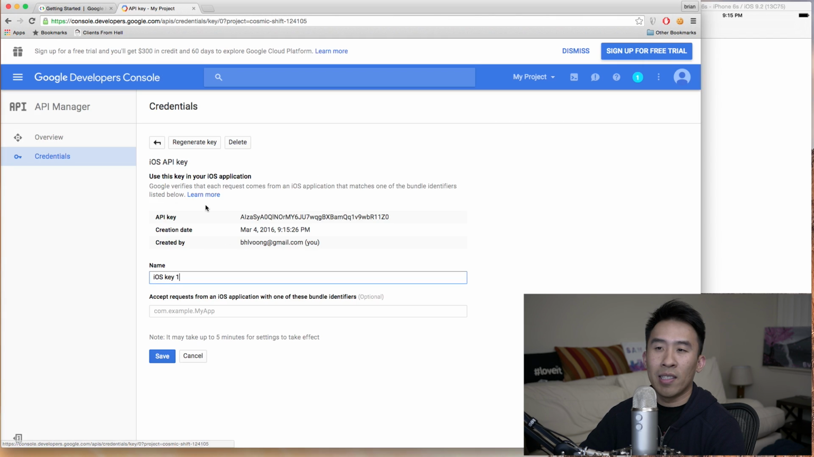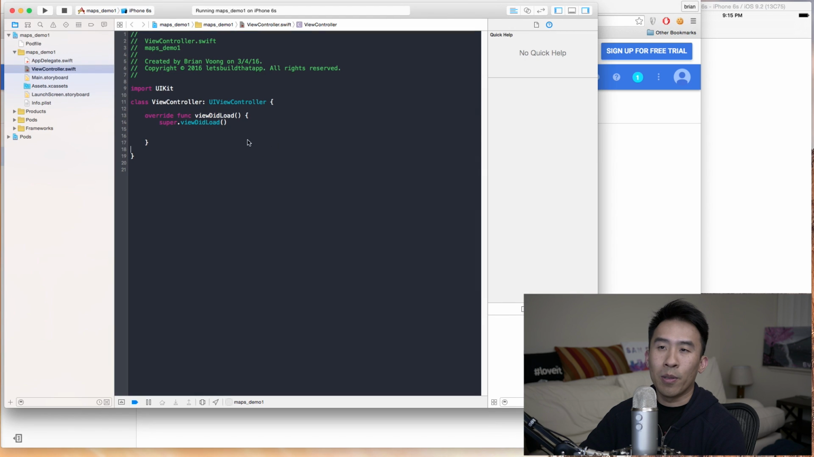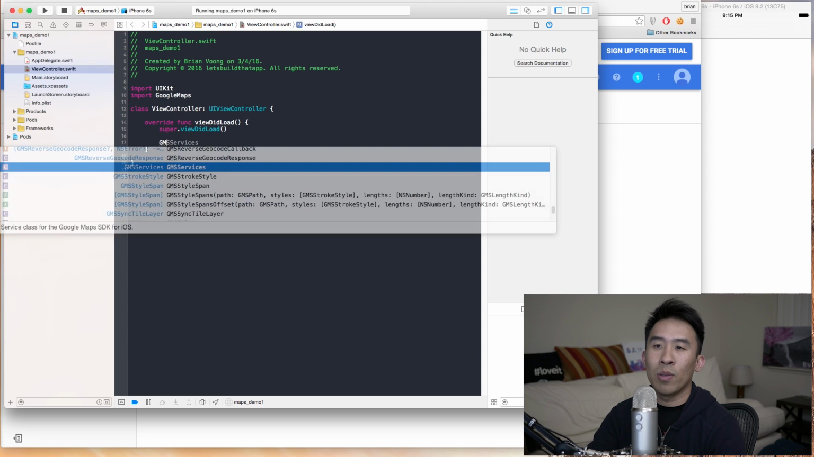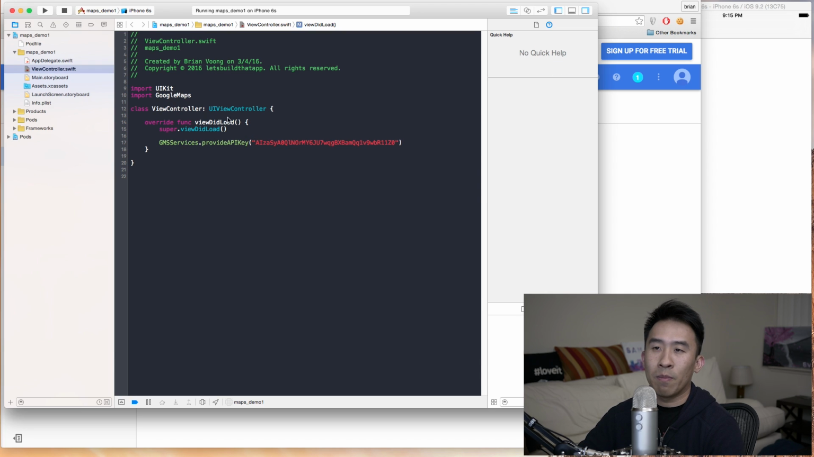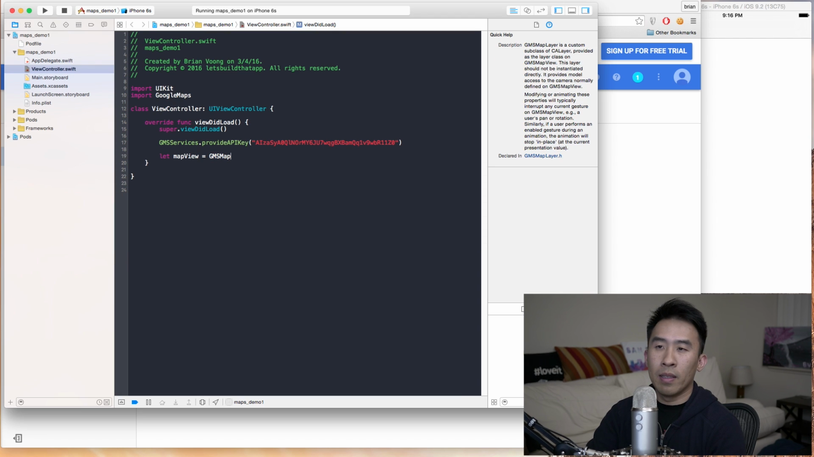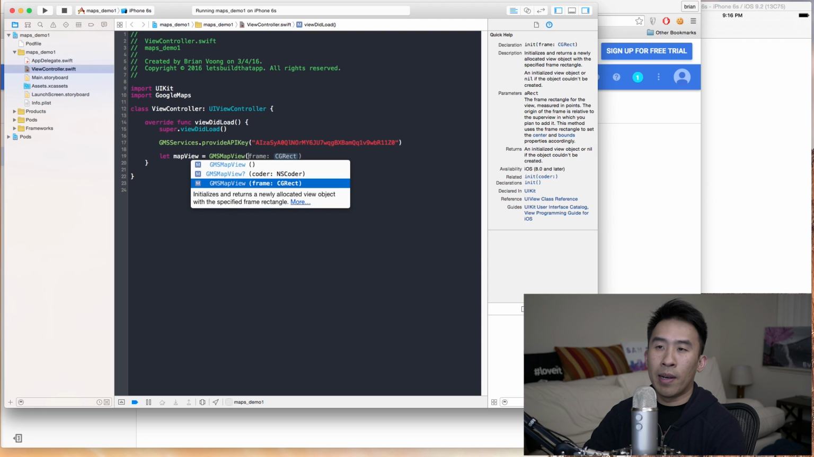And then as you click onto here, you'll notice that all this information is there. And then let's see, going back to Xcode, we can now start the integration process by first importing Google Maps like that. And then here you want to call GMS services, provide API key with that key that we just copy and pasted. And now we can integrate our first map view onto our view controller. So we do that by saying map view equals GMS map view like that. And this requires a